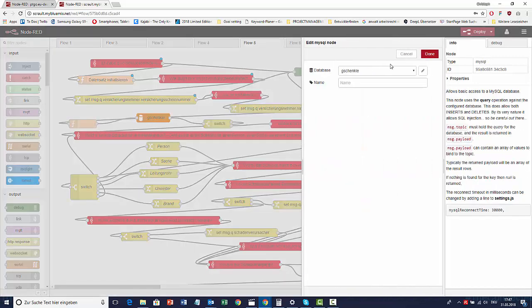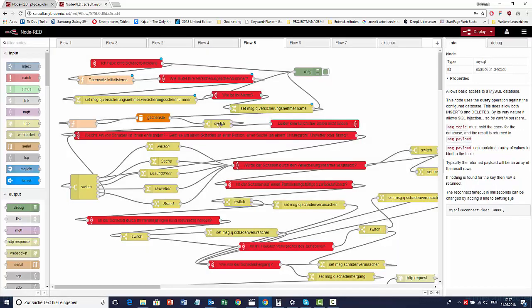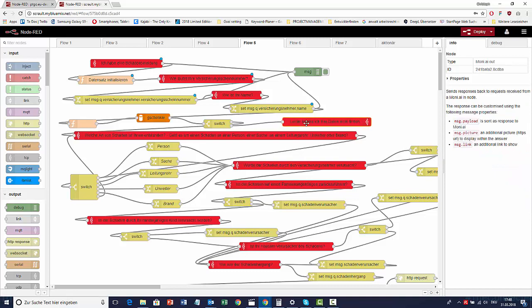If it finds the name, including the number, it asks what kind of damage you had: is it a damage from a person, a thing, or something else like bad weather or fire? And if it doesn't find the customer, it delivers the sentence, "I'm sorry, I didn't find your data."